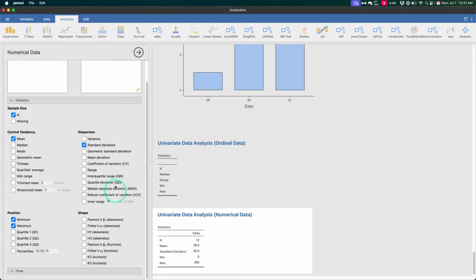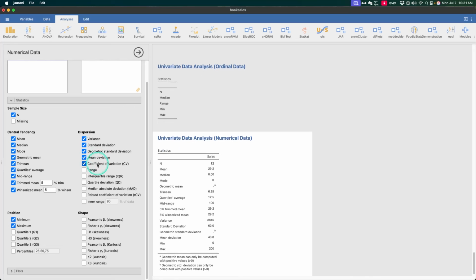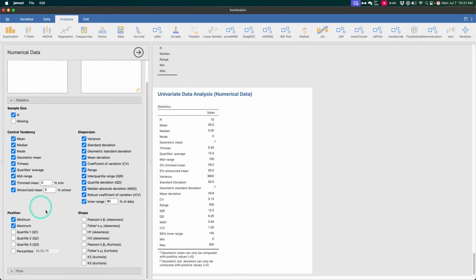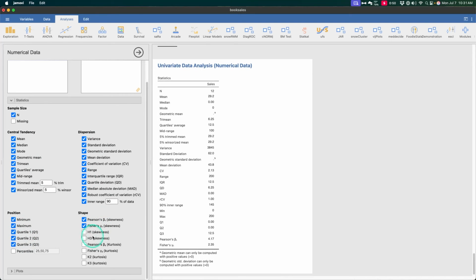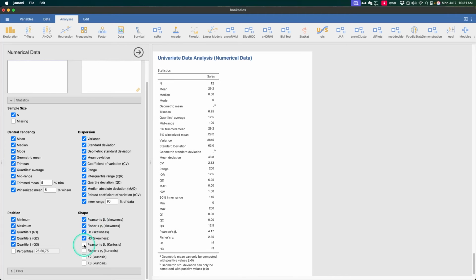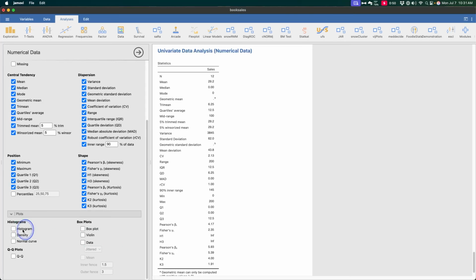Statistics, a lot more statistics, right? We can get trimmed mean, Windsorized mean. We can get a lot more dispersion. We can get variance and standard deviation now, right? We can get, I wish there was a select all button. Oh yeah, look at that. Get it, get it. So it's basically, in addition to the ordinal analysis, you get all of these other ones, right? So we can get Pearson's beta, which is a skewness. Fisher's, I don't even know what character that is. H1, H3, Pearson's beta 2, Pearson, kurtosis, all of those, plus